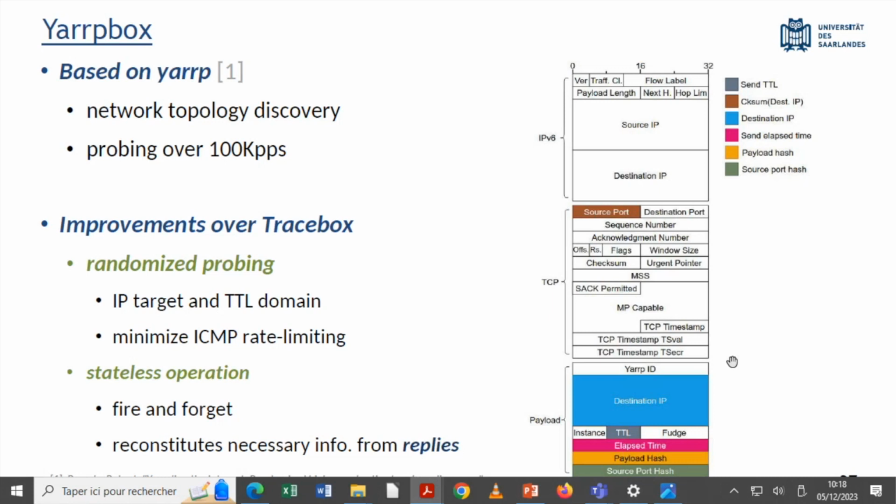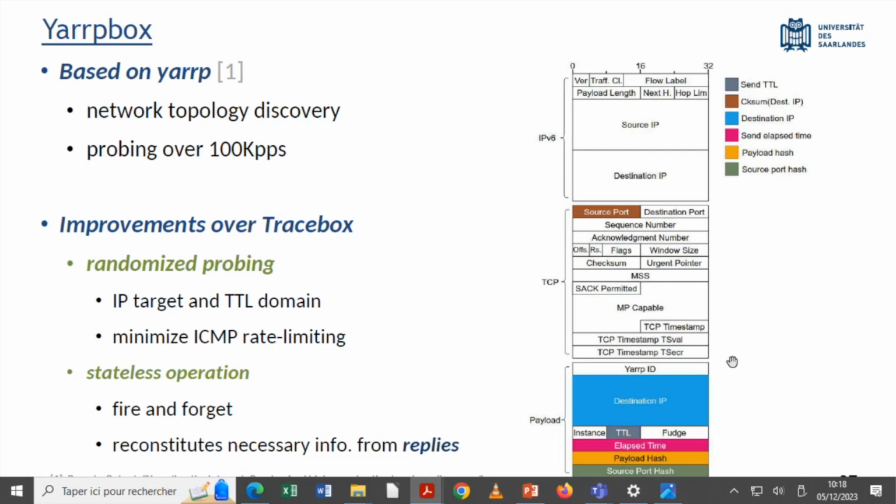Once we get the responses from the network, we extract the diagnostic messages. We extract the state information from the quotation in the diagnostic message, and then we reconstruct paths and apply the middlebox detection logic similar to how Tracebox does. And it is these major tweaks that make the tool feasible for large-scale, internet-scale middlebox detection studies.